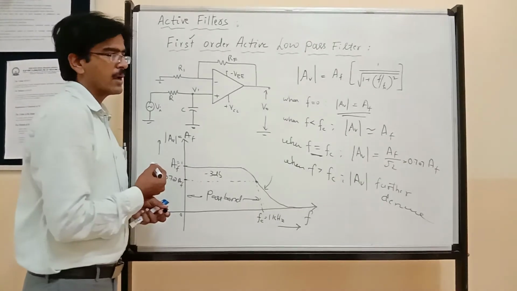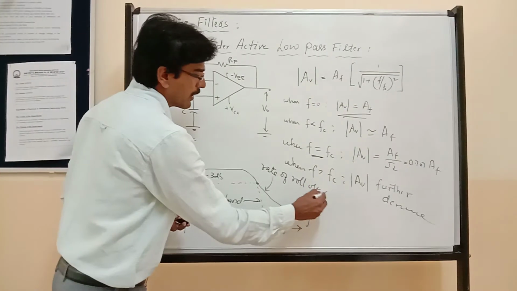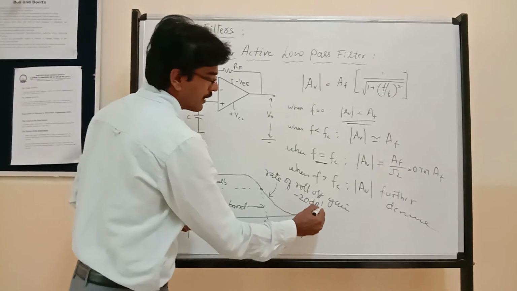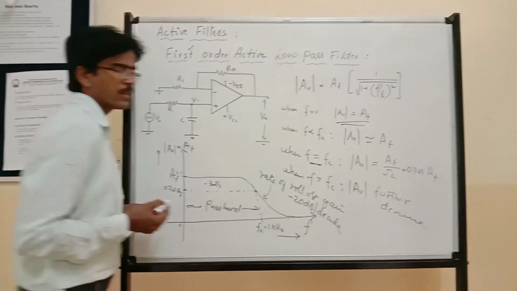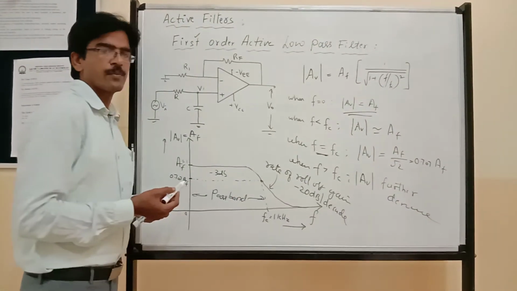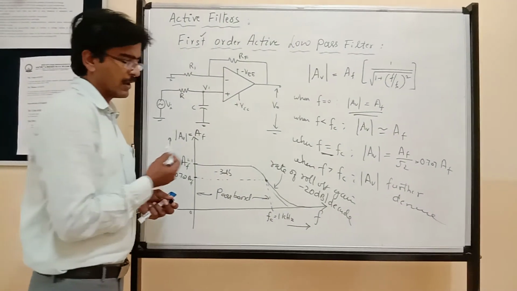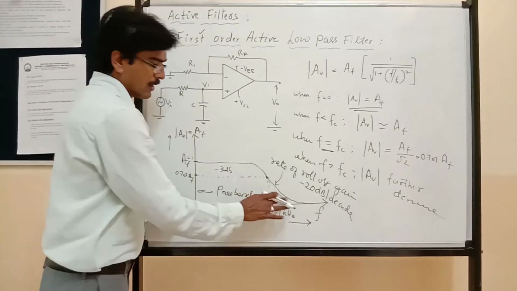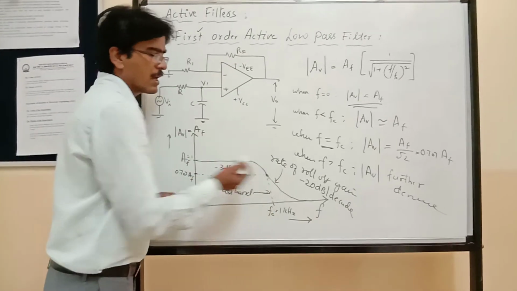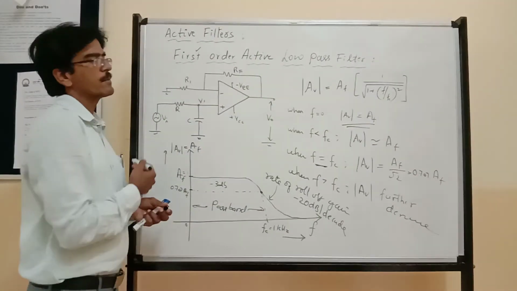The fall rate, or the rate of roll-off of gain, for a first order filter is minus 20 dB per decade. So we don't want this fall rate to fall very slowly. We want this to fall as early as possible. Then we go for higher order filters. So to increase this fall rate, we go for a higher order filter. For the first order filter, it is minus 20 dB per decade. This is how mathematically we can show that it acts as a low pass filter.